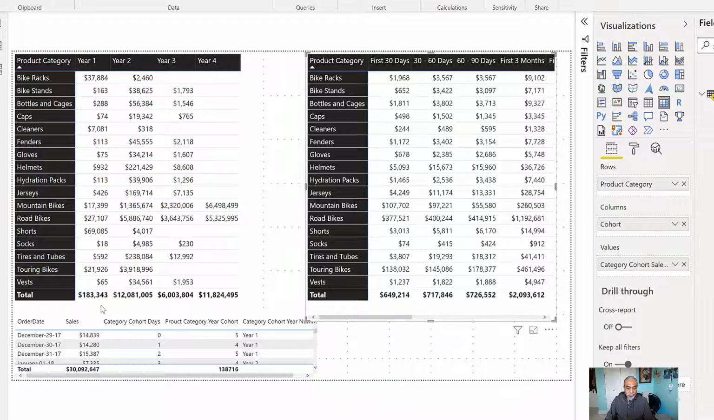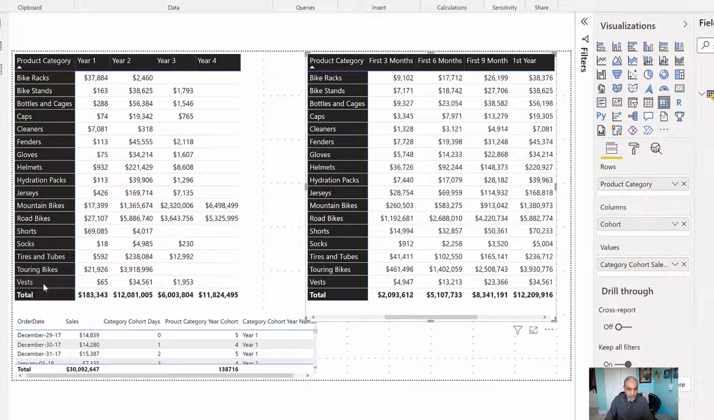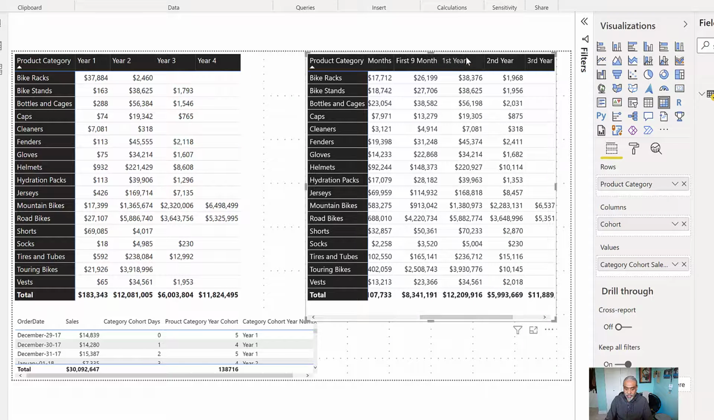If you look at yesterday's video, we had year 1, year 2, year 3, and year 4. Year 1 was the first year from the first sales date. Now, if we look at the product category West in yesterday's video, the calculation of the first year sale turned out to be $65, which was correct. Whereas when we look here in a dynamic cohort analysis based on the number of days, the first year sale turned out to be